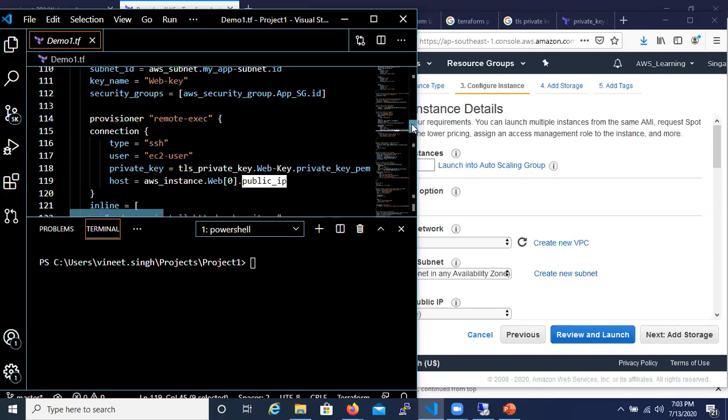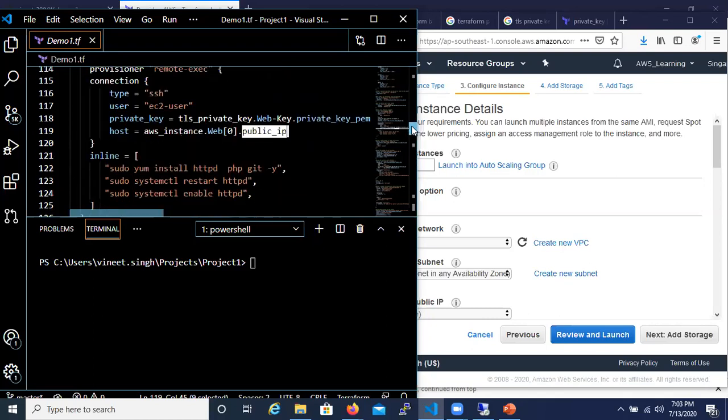Okay, and then I'm going to define the command that I'm going to run. That is going to be defined in your inline part. So sudo yum install httpd php git, without asking for confirmation, so I'm giving the confirmation in the command itself.